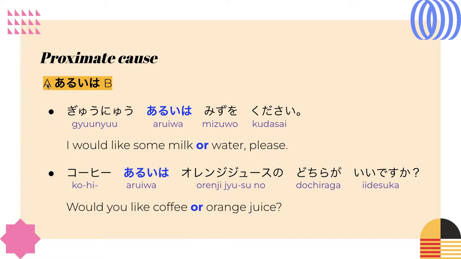You would put phrase A あるいは phrase B. So if I wanted to say, I would like some milk or water, please, in Japanese, it would be 牛乳あるいは水をください。 So option A is 牛乳, then あるいは, option B 水。